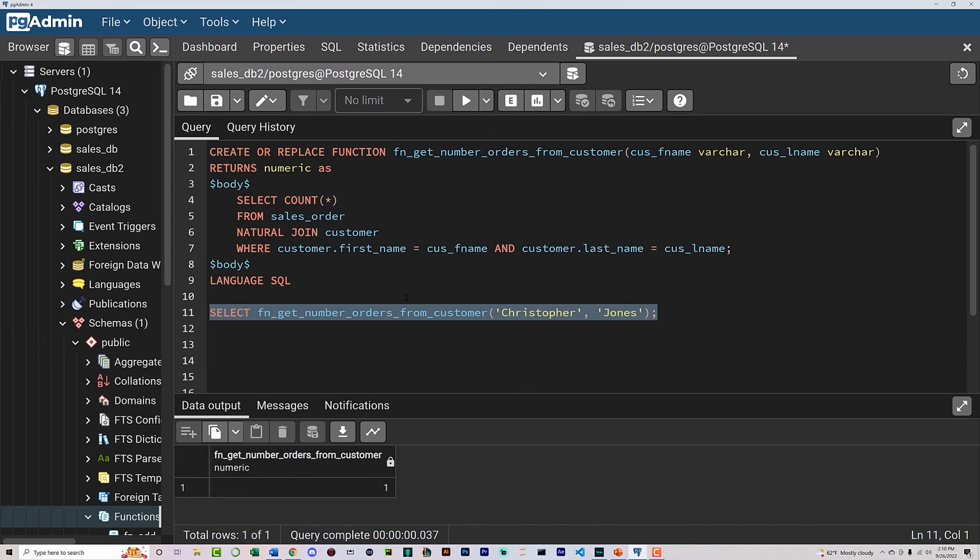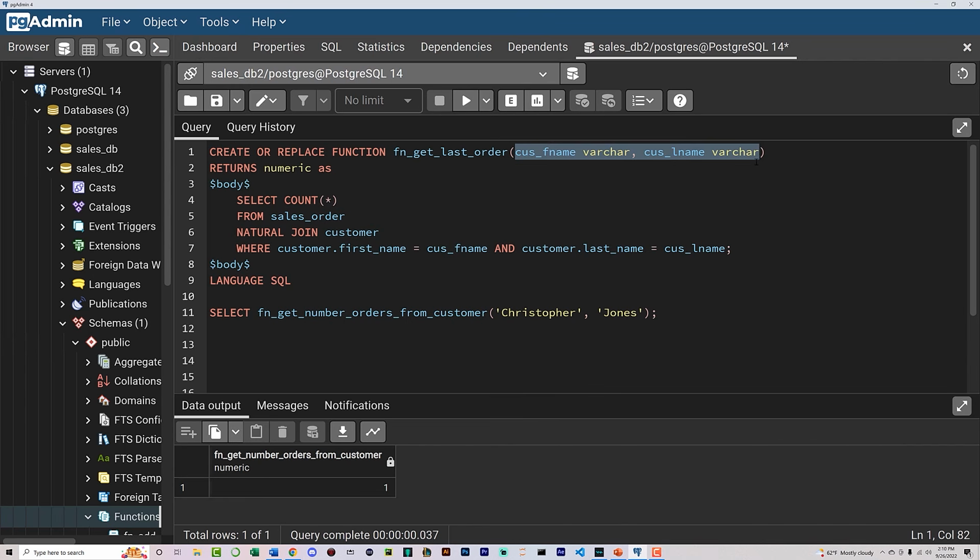Let's say we want to return a row, and this is actually called a composite. And what do we want to return? Let's say we want to get the latest order. So I'm just going to call this get, and get rid of this part right here, and I'll say get the last order. There that is. And am I going to need any parameters? No, because I'm just getting the last order, nothing else. And I'm going to say here returns, and I'll call this sales order